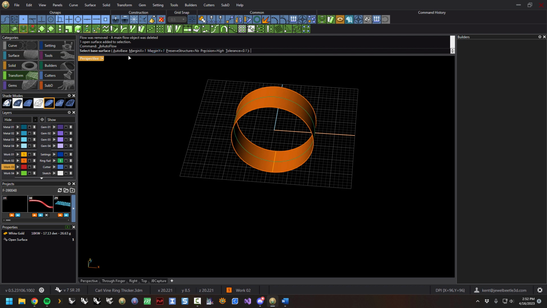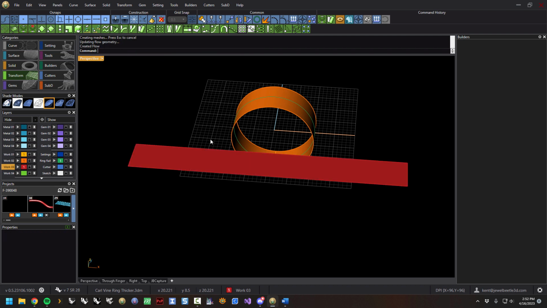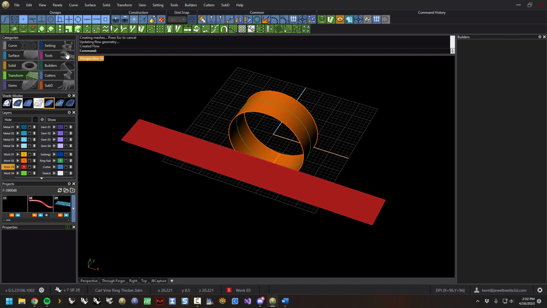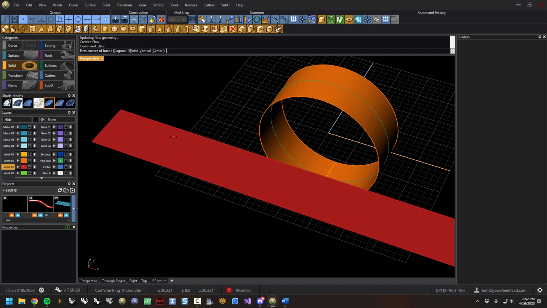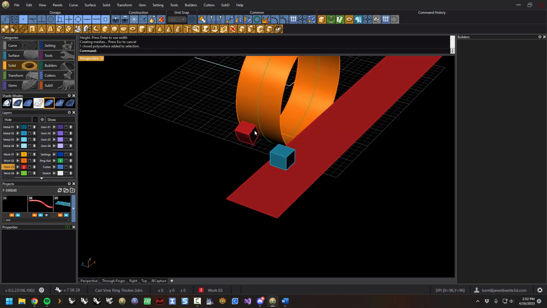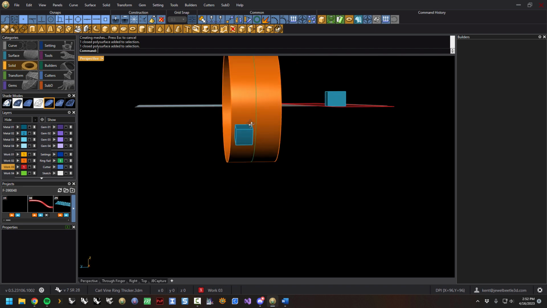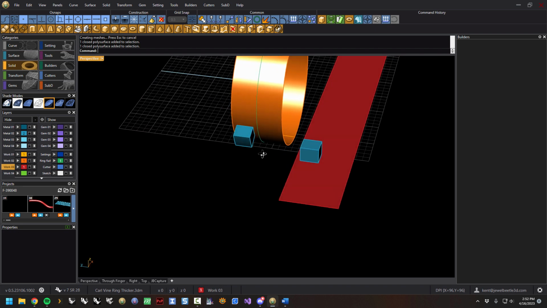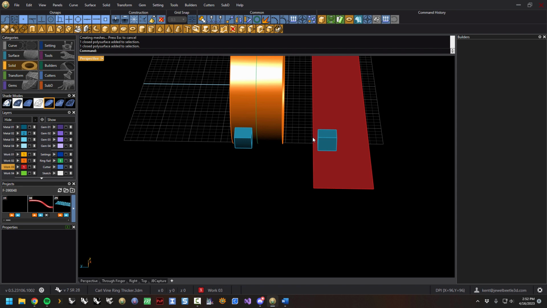Okay, so I'm going to hit auto base. Okay, and then I'm going to go over to solid, and I'm going to create a block. Okay, and we'll put that on a different layer. And this will not translate, by the way, so I'm glad I did that. If you change the layer here, it does not change it here. You would want to do that yourself. Okay, so now if we